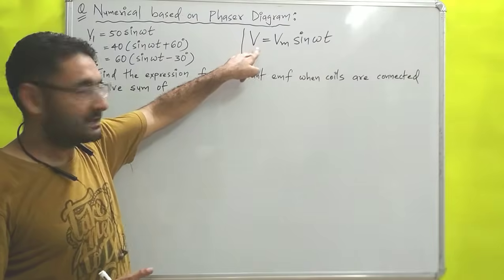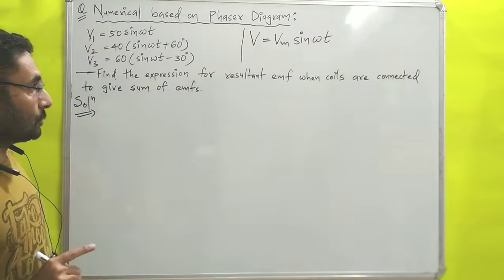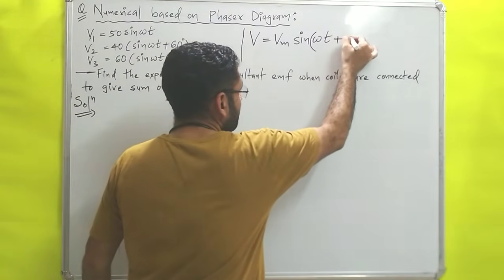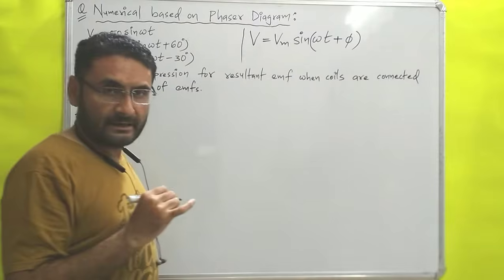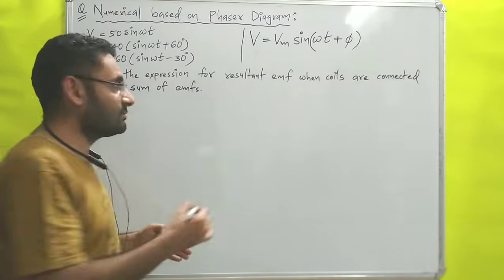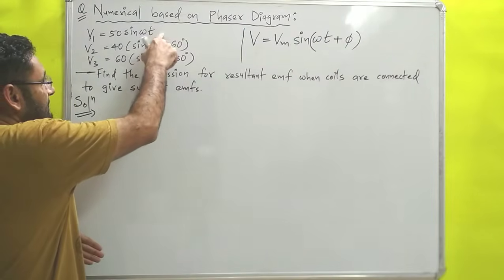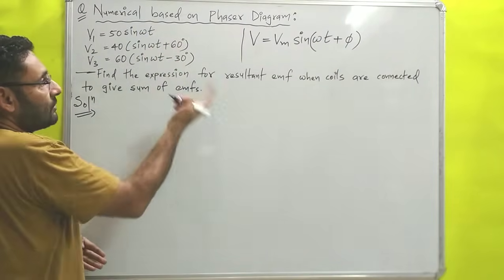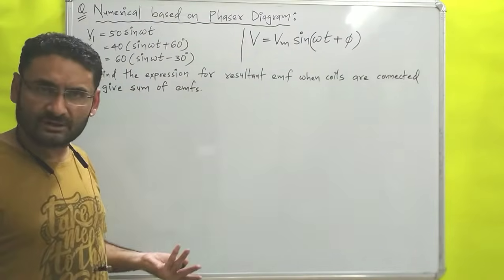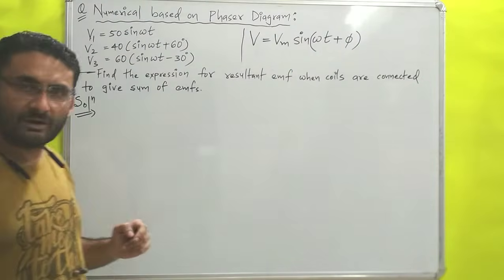in the form V equals Vm sine omega t. So over here, I will write omega t plus phi. In the calculations, if the value of phi is 0, then it will be Vm sine omega t, plus nothing, which means the initial phase is not present, that is, the angle with the x-axis is 0. So if our answer is 0, it will be only omega t. Let us check what happens.